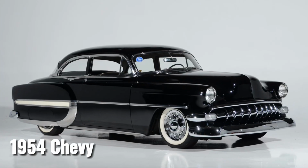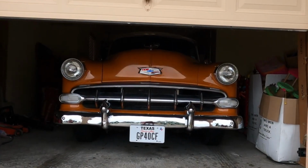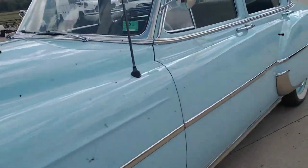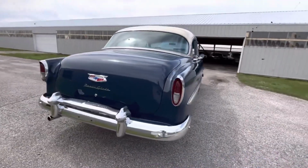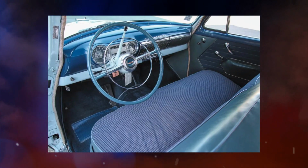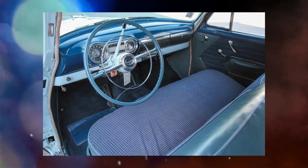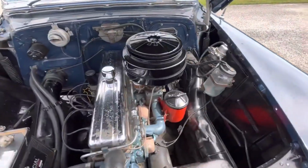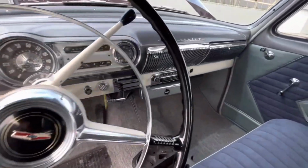The 1954 Chevy. The 1954 Chevy defies description. The more you stare at this 1954 Chevrolet, the more shapeless it appears. It may not be pro street, but it does feature large tires. While it may not be pro touring, it features a 6-speed manual transmission and large brakes. And even though it might not be a traditional build, there are subtle traditional elements that can be found if